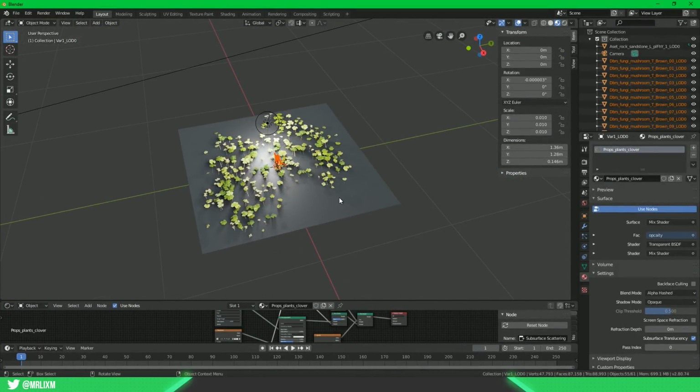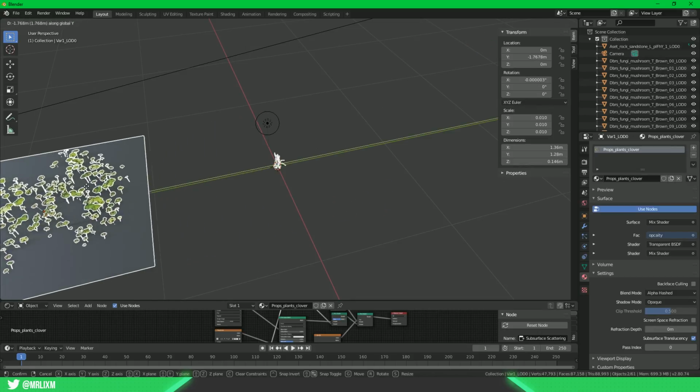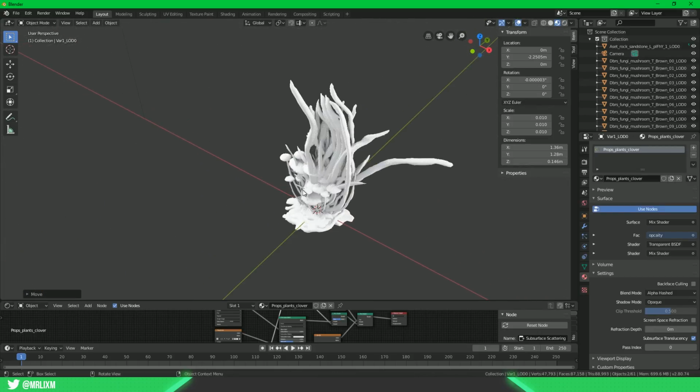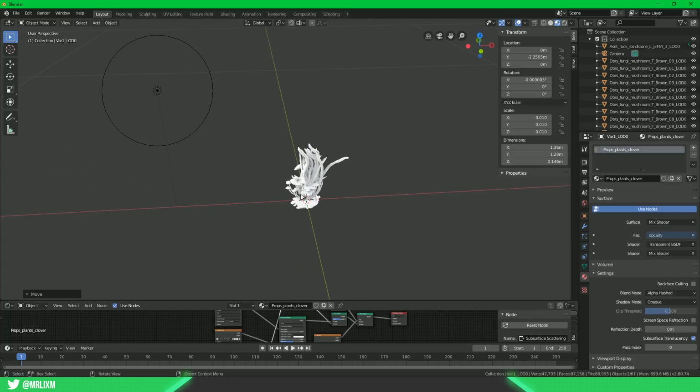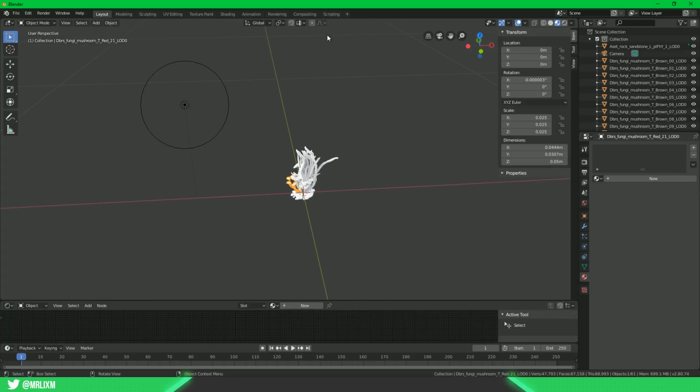What I'm going to do is make a bit of space here. I'm going to move that, since they're all at the same place. Here is a quick tip to move them all quickly. What I'm going to do is